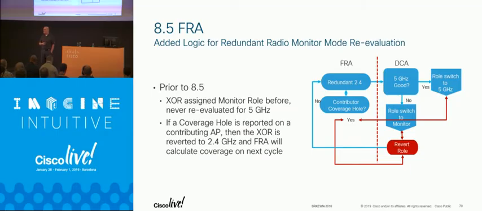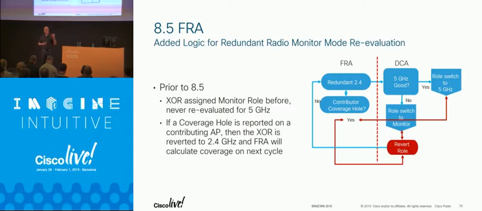What if you had DBS selected and you didn't go to the command line and limit that to 40 megahertz? And you had 80 megahertz channels popping up here or popping up there? Well, it makes sense that eventually DCA is going to get to a point, because it had 80 megahertz on this side, then 80 megahertz on that side. FRA may run and say, you don't have any place to put a 5 gigahertz channel, right? And then those other radios go back to 40 megahertz or 20 megahertz, whatever's needed at that point in time.